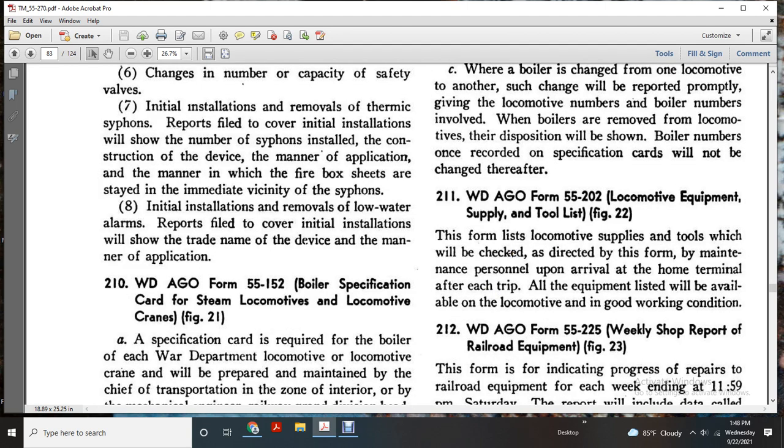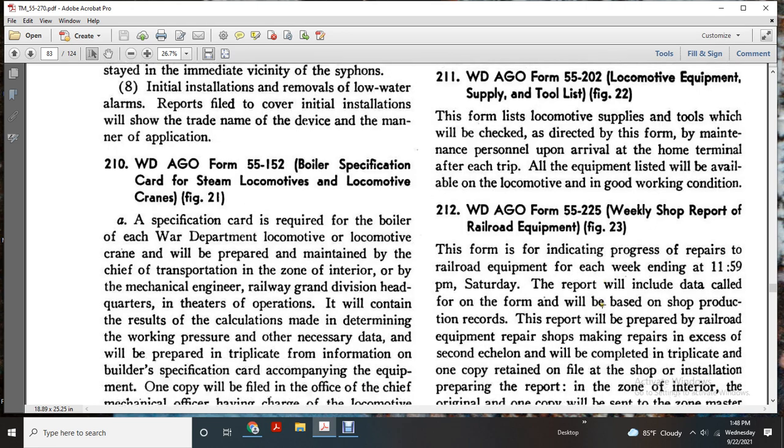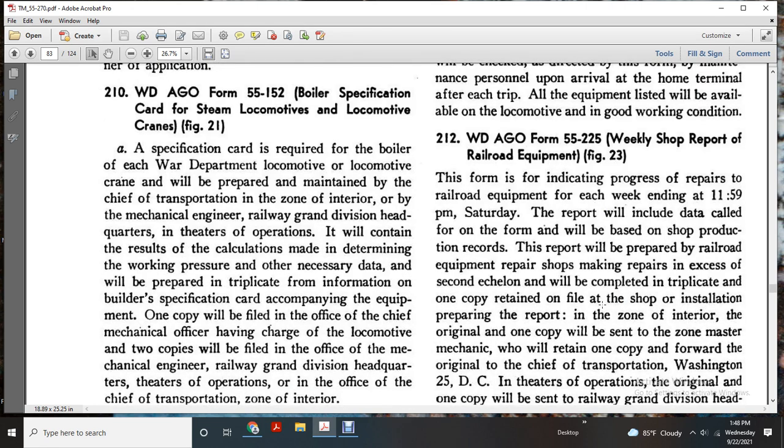211, the WDAGO Form 55202, the locomotive equipment supply and tool list. The foreman's locomotive supply when the tools will be checked with directly from the foreman of the maintenance personnel upon arrival of the home terminal. However, each trip of all equipment listed available on the locomotive with a good working condition. 212, the WDAGO Form